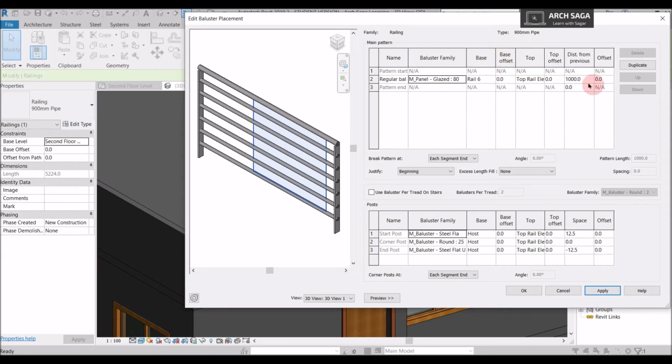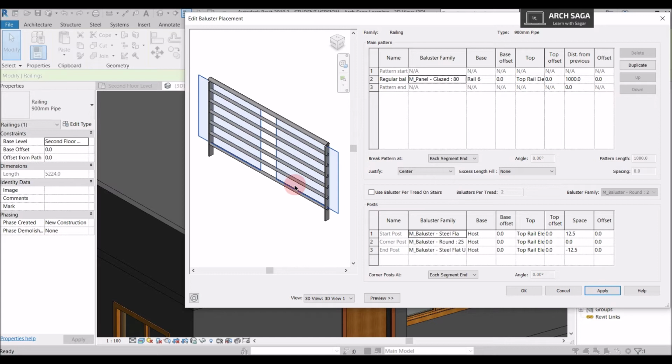Now I've explained these things earlier, but you can just justify where you want to start the glass and where you want to end it. So you can select beginning, you can select end, say apply, and it would start from the end point. So the distance placing would start from the end point. Let's say center and say apply. If I select center and apply, it will distribute to the railing length and add the glasses over there. It would not look much nice.